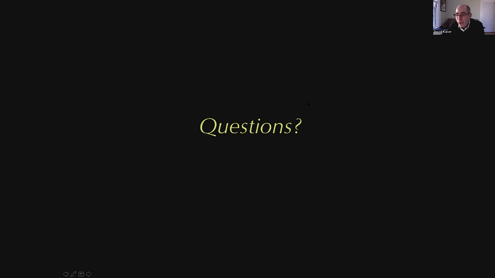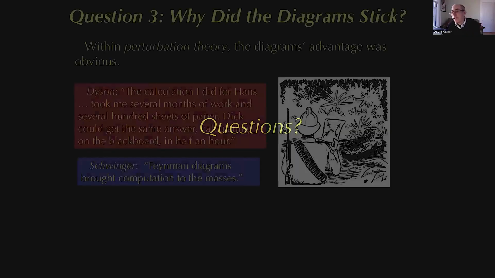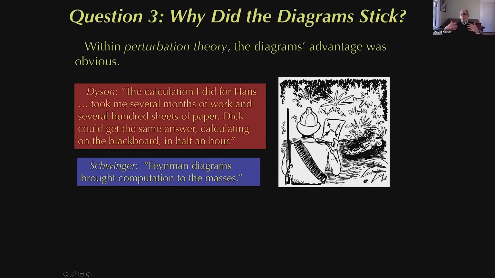All right, let me press on. I'll talk about this last part. It'll be pretty quick. I'll try not to go for 8 hours. No promises. But this last part is, so why do they stick? If they're being used in so many different ways, why did people stick with them instead of designing other techniques along the way? So within perturbation theory, when doing these electrodynamic calculations, I think it's pretty clear, and people spoke of it even at the time, that these were just an extraordinarily useful tool.